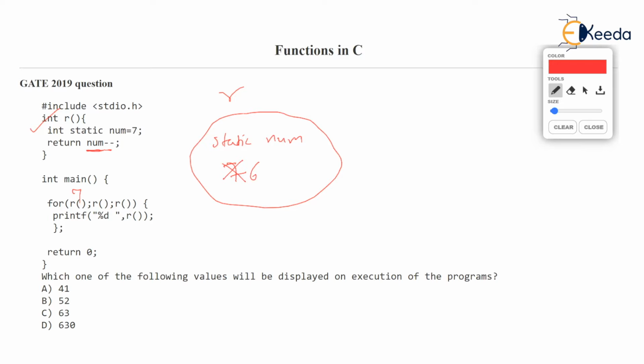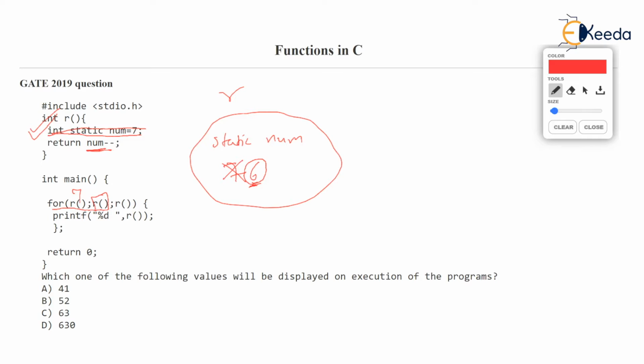Now what next? After the for does initialization, everybody knows it checks the condition. So this condition part is again a call to the same function R. The same function R runs, and I hope you know the property of a static variable. The static variable will not be 7 now. It cannot be 7. It is 6. Static variables are preserved in memory, and their previous value is used by the function. So R will maintain its value 6 for num, so that the next time the same function is called, the earlier value will be used.